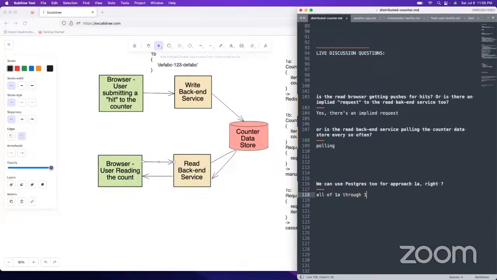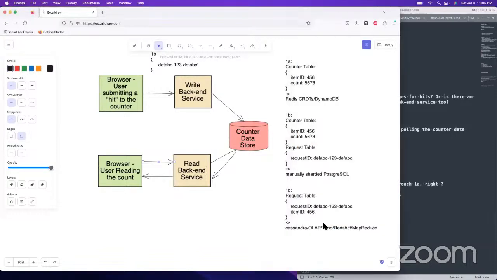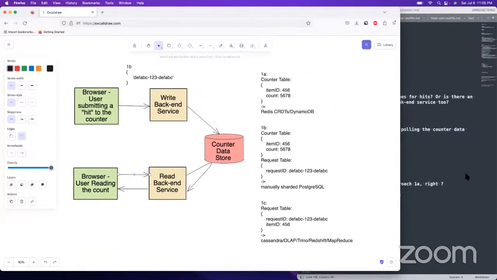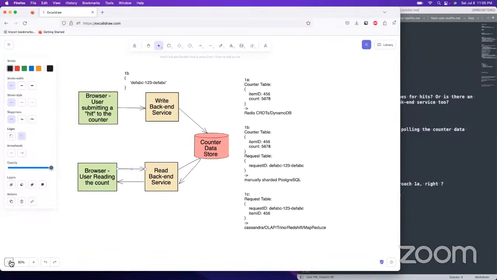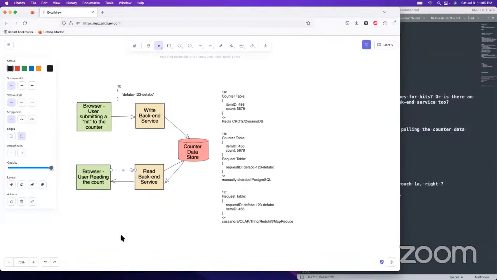1A through 1C is Postgres. I'm just showing, with the arrows, how they would scale up to multiple machines, how they're kind of analogous to distributed problems. But these are all intended to be with PostgreSQL. You can use something like MySQL as well, but Postgres is the most popular one for single machine databases with strict SQL.